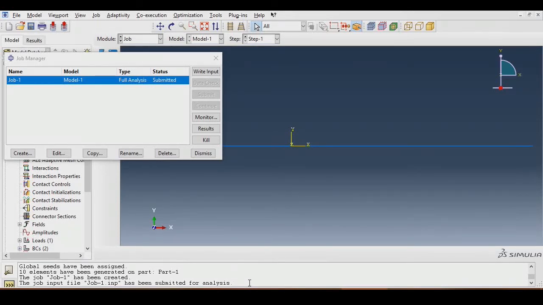Based on the system capability and the size of the nodes given, there is a variation in the time of the analysis. You can monitor the status either in the job manager or in the command below. You just wait for the status to be completed.